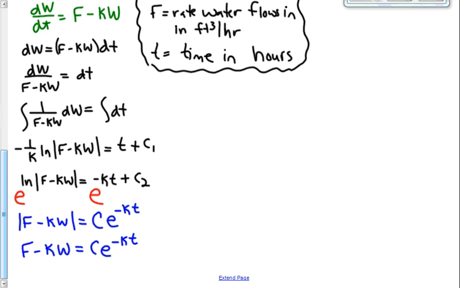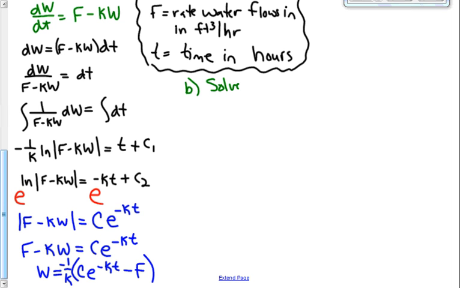So when I do that, I have this thing minus F, and I'm dividing by a negative K. I'm just going to go ahead and multiply by a negative 1 over K. So if that didn't make sense, take another step to work yours out and see if you get what I got. So now what we need to do for part B, we're still working on this, is we need to